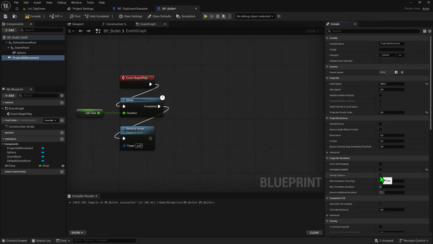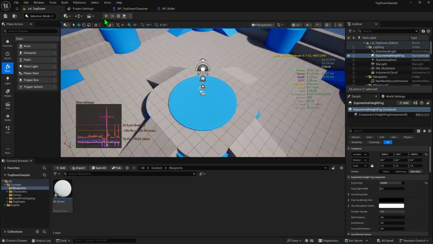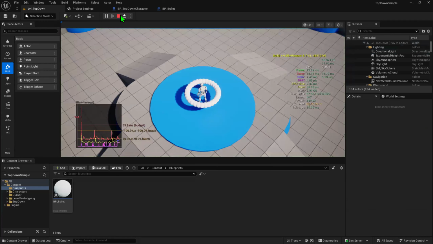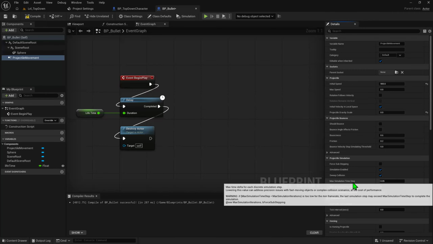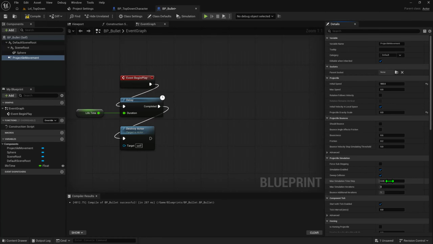We can check for that. If simulation is disabled, you don't need to disable speed collision, but we can try that. Let's see. Yeah, it won't move without simulation enabled, so not usable. You can play with the time step if you want, because time step is basically the physics step if you think about Unity terms. So yeah, you can play with that to make it less frequent, but that might not result in the most